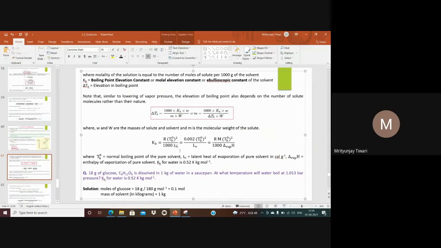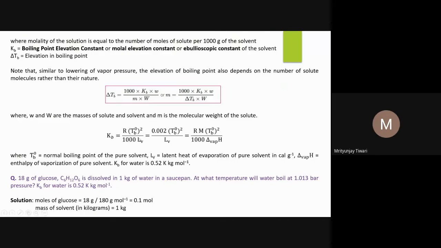LB or LV, one can write LV. LV is what? The latent heat of evaporation of the pure solvent in calorie per gram. And one can write similarly, this value will be equal to 0.002, meaning R divided by 1000, because these two are constant. R is a gas constant that we know its value, and that value divided by 1000, one can write 0.002, and the del TB naught square divided by LB,